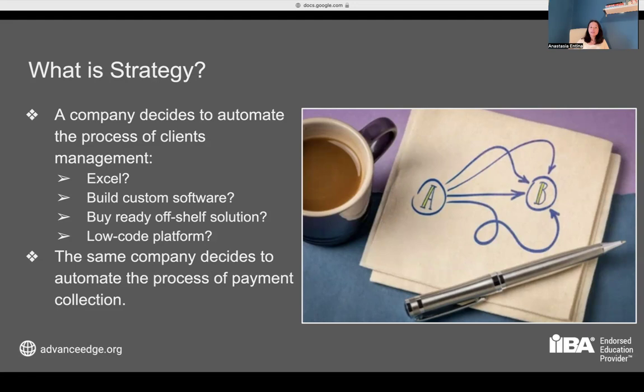Assume a company decides to automate the process of clients management, right? This is the request. And we need to think about the strategy, how this can be done. And we have the current state. For example, currently they track all their clients in a notebook on paper, old-fashioned way, right? And they want to add some automation into this. The desired future state is having all the clients in some sort of system, or at least on the computer, right? Here's our A, here's our B,